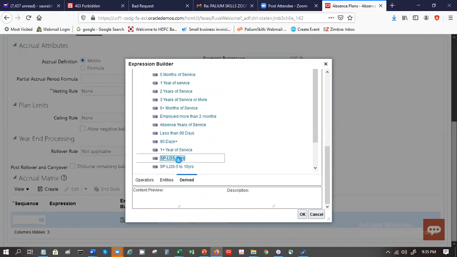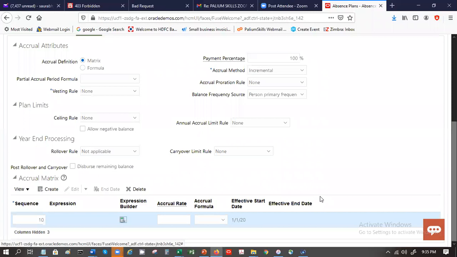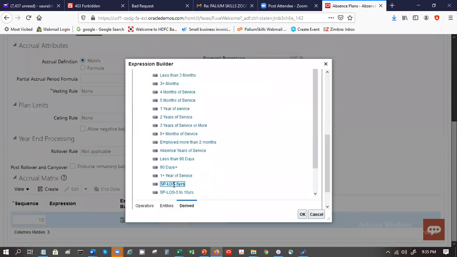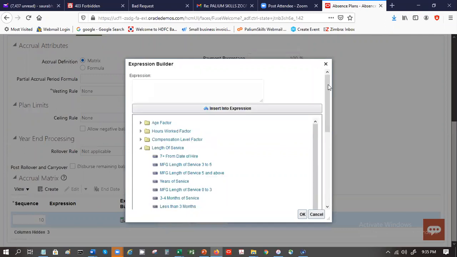So we will say SP 5 years. And then you say insert into expression.